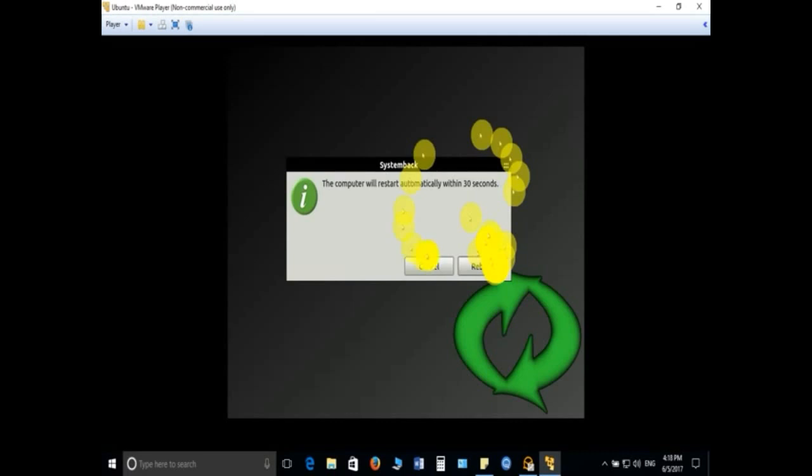In your case, just remember, when you click on reboot, it will reboot the whole system and your CD or DVD will automatically come out of the PC, and it will also show the message to remove the DVD, and then hit enter. So when you hit enter, it will restart the computer and you are supposed to take the DVD out.